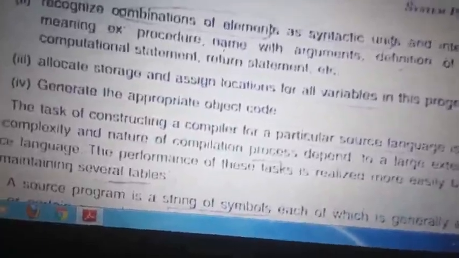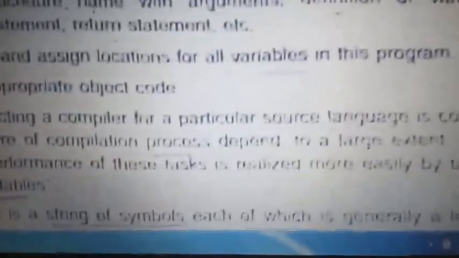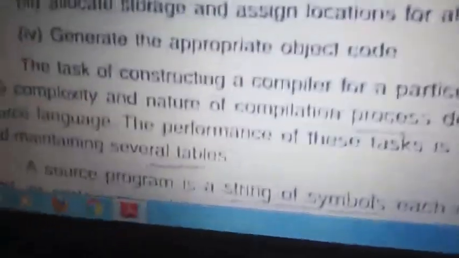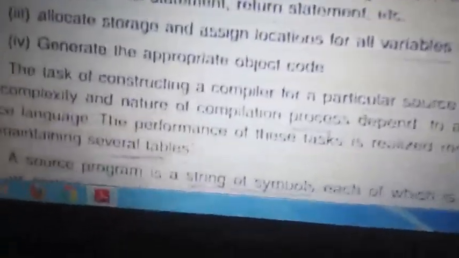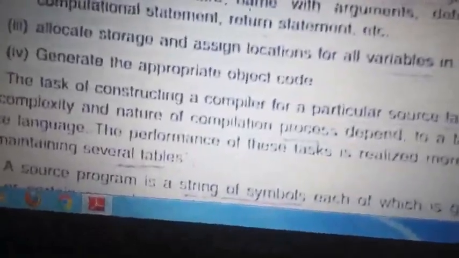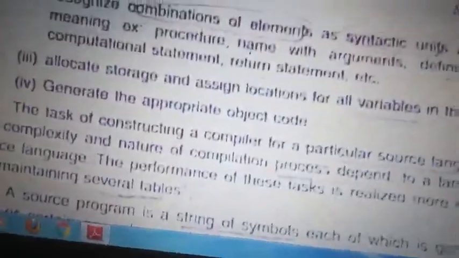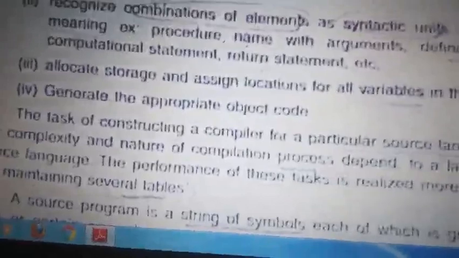So in a compiler, to perform these tasks, it is performing many tasks, then it is using n number of tables. So the database used by the compiler uses a large number of tables to store all this. Clear? So when we look at it, we don't have an algorithm, we have just the tables.